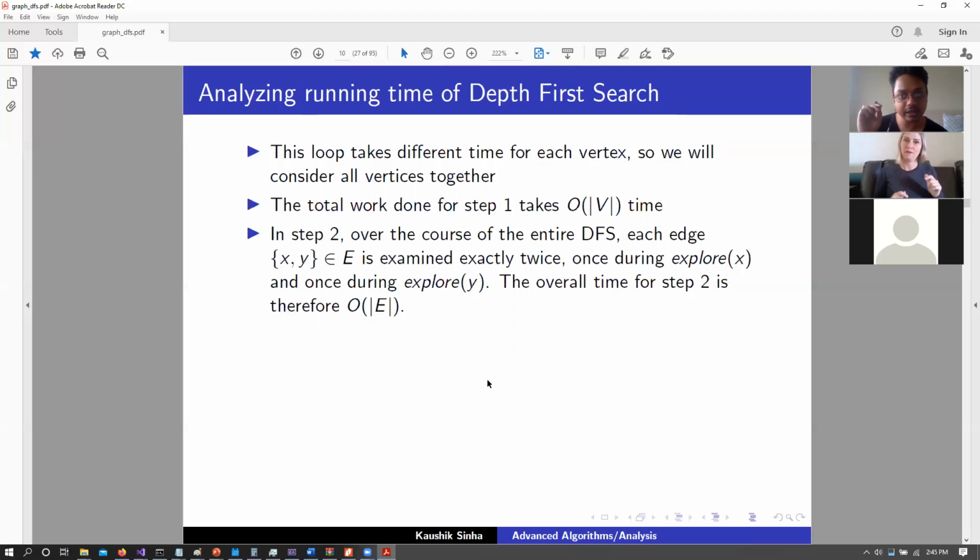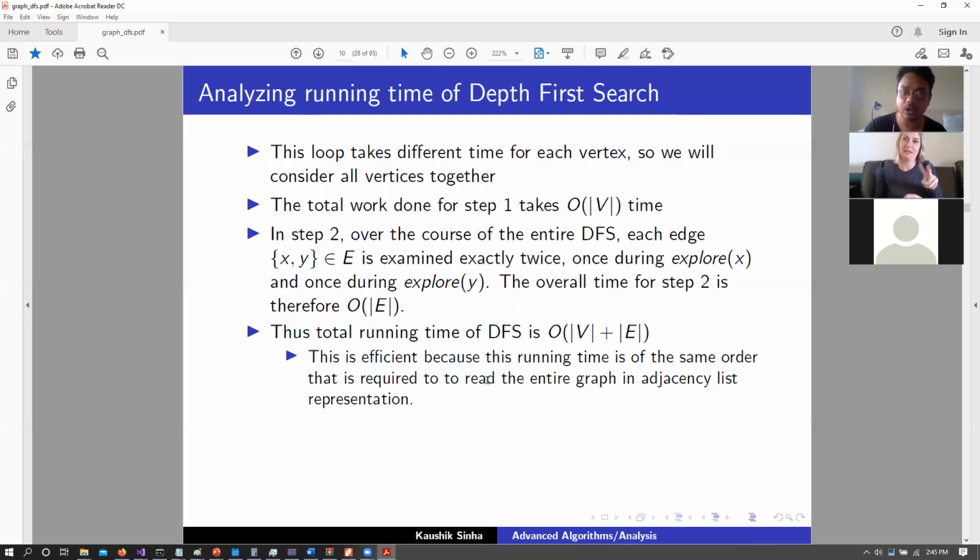And since we're exploring every edge a fixed number of times, that is twice, and we are doing it for every vertex one at a time, and we are maintaining this particular visited vector, the time complexity of this particular DFS algorithm is going to be big O of V plus E. Does everyone understand how we got to V plus E? Because for every vertex, we still need to iterate through the edges, but since we are maintaining that vector, it basically becomes V plus E.